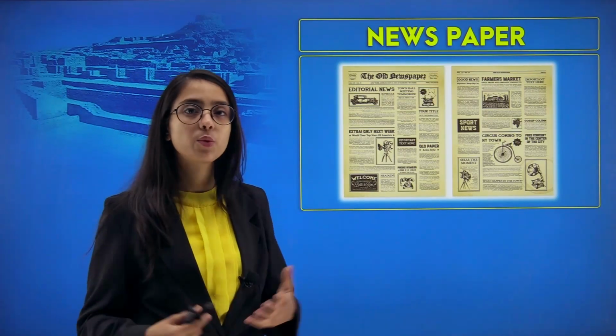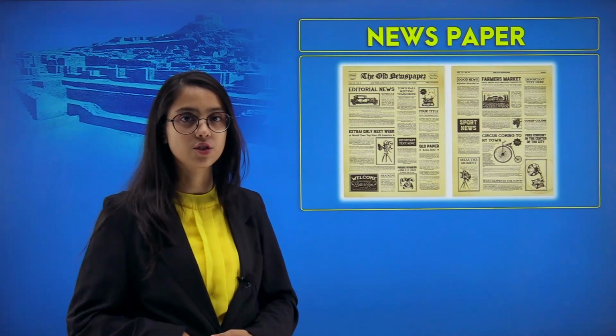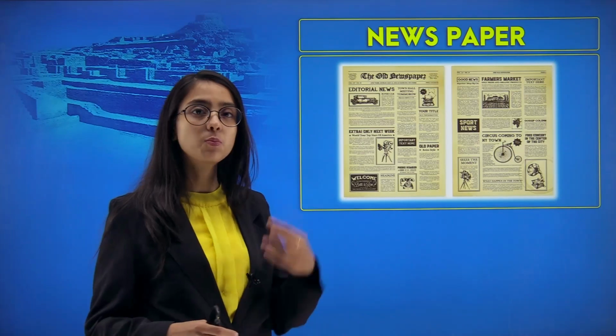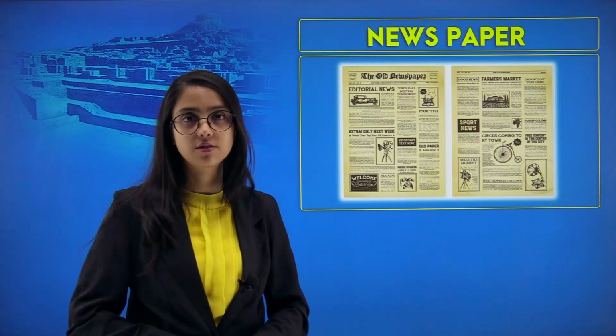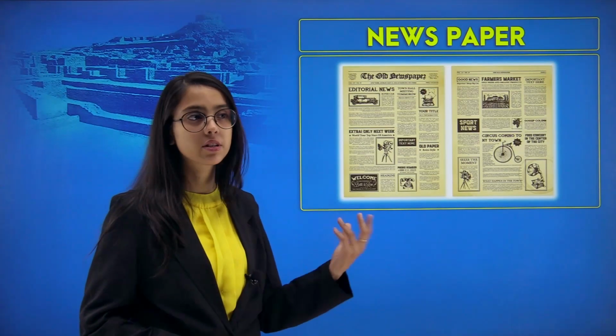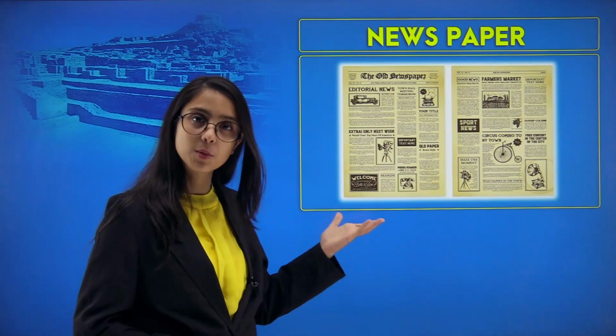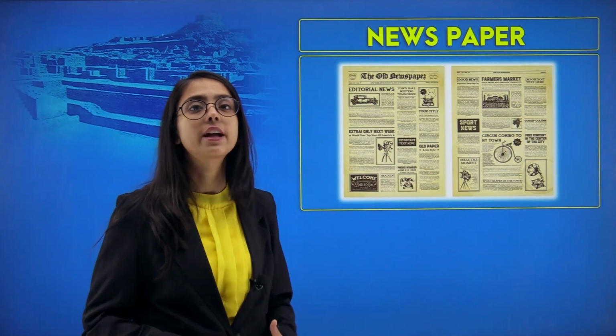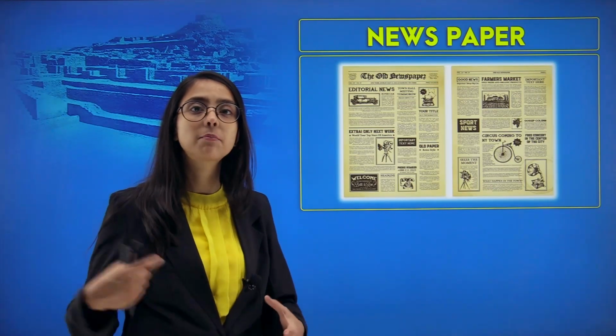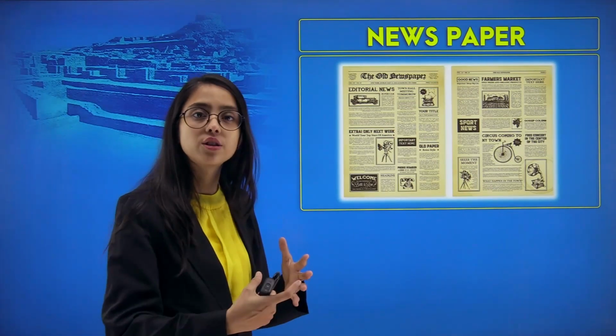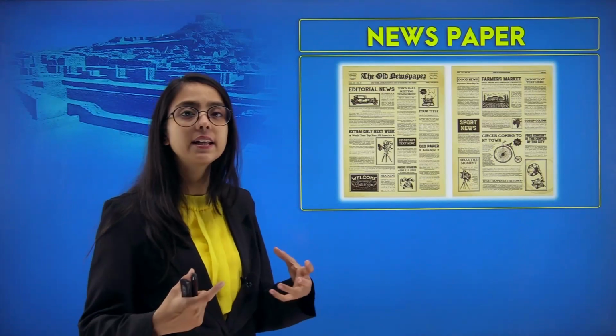Now, here is an image of a newspaper. Why do you think we are talking about a newspaper in history? For example, if we talk about past events, what happened yesterday? How do you get to know what happened yesterday in some part of India or some part of the world? Through the newspaper, isn't it? We can find out about things that happened in the past through records, and these records come mainly in the form of